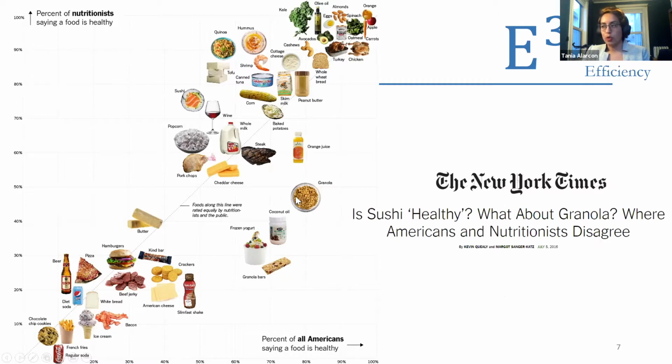Are there some foods, for example, granola, where Americans may think that is healthier, as represented by the granola being farther on this X scale, right? So approximately 80% of people are thinking that granola is healthy, but what about nutritionists? Do nutritionists think that this is healthy? So you start to get some information, which whoever created this figure may want to present from that